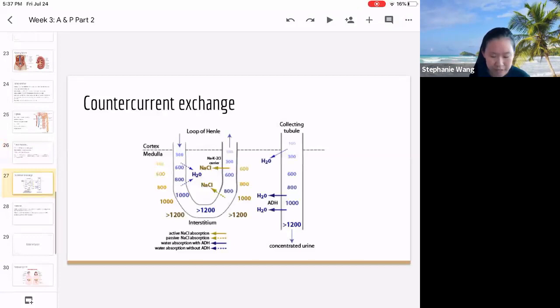Okay, next, we're going to talk about the countercurrent exchange. Actually, this is a little bit complicated to understand. Oh, okay. Radhika asked, if the kidney is so important, why do people donate them? That is a great question. That will bring me into talking about this whole thing about the kidney. The kidney is very, very cool, as in whenever you have one kidney gone, the other kidney can completely take over the function of the kidney that was originally gone.